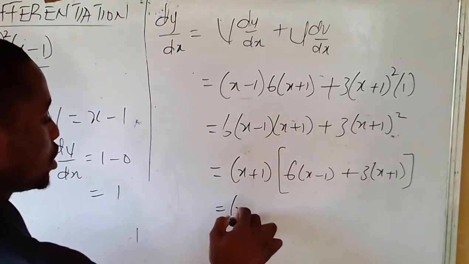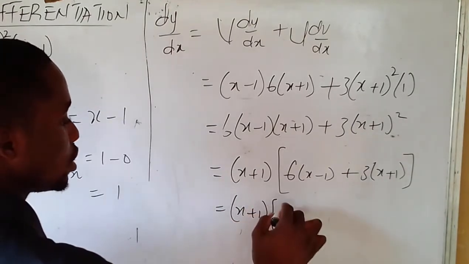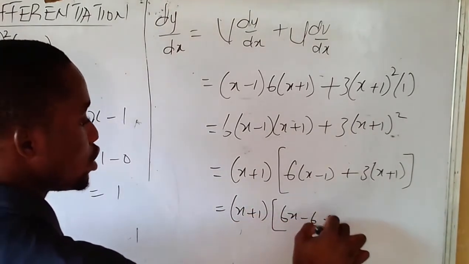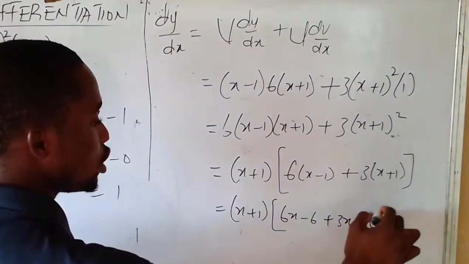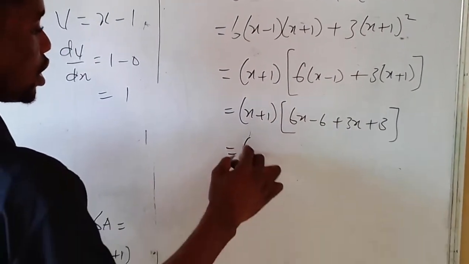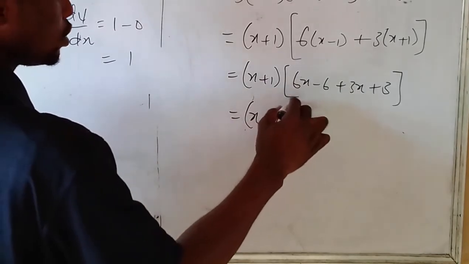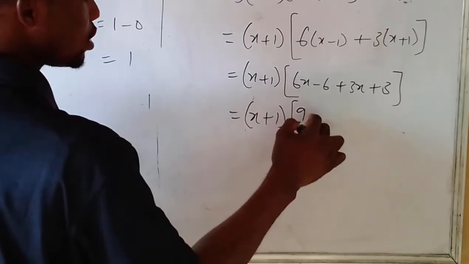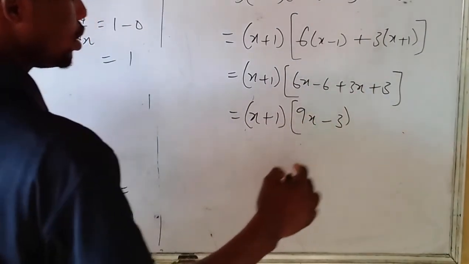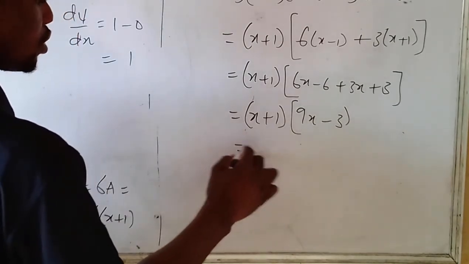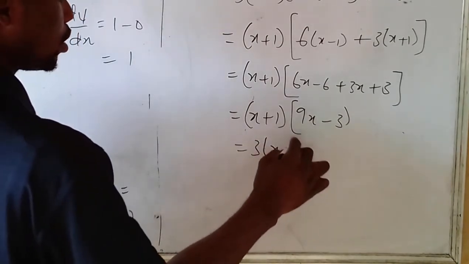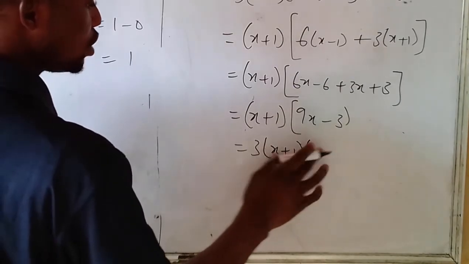This now becomes (x plus 1) into 6x minus 6 plus 3x plus 3, which now becomes (x plus 1) into 9x minus 3. I can bring 3 out. That becomes 3 into (x plus 1) into